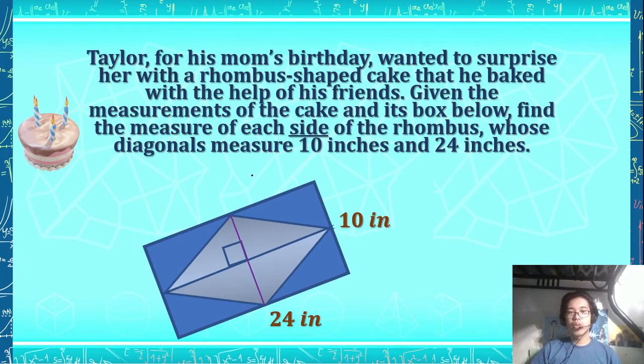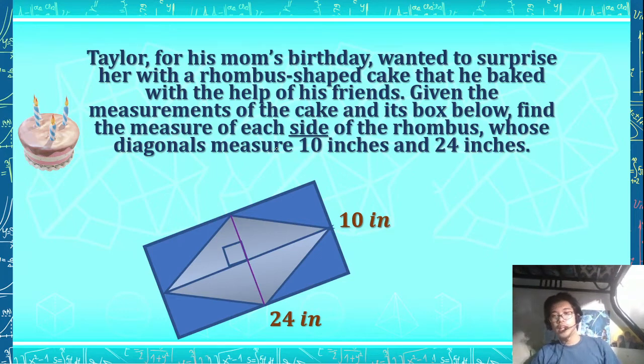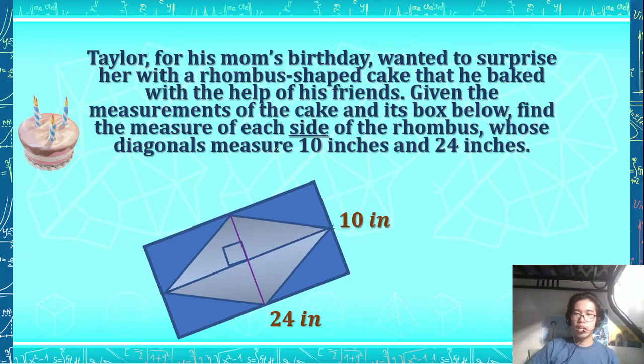Okay, so we have here the second problem. Taylor, for his mom's birthday, wanted to surprise her with a rhombus cake that he baked with the help of his friends. Given the measurements of the cake and its box below, we need to find the measurement of each side of the rhombus, whose diagonals measure 10